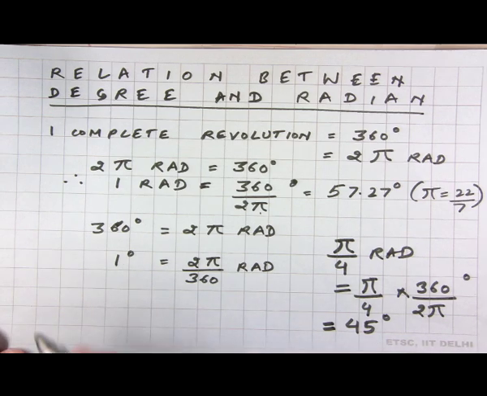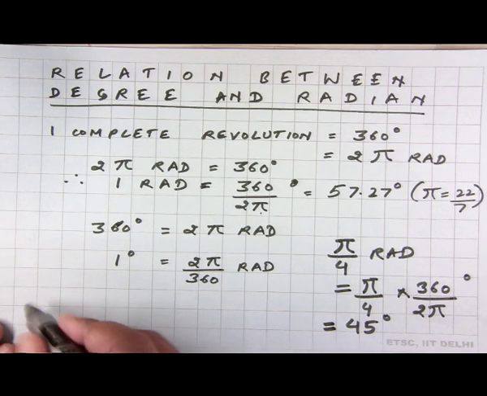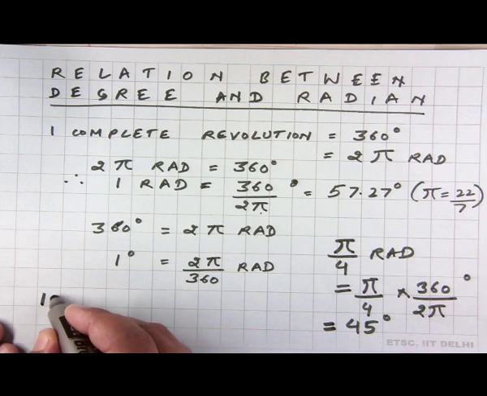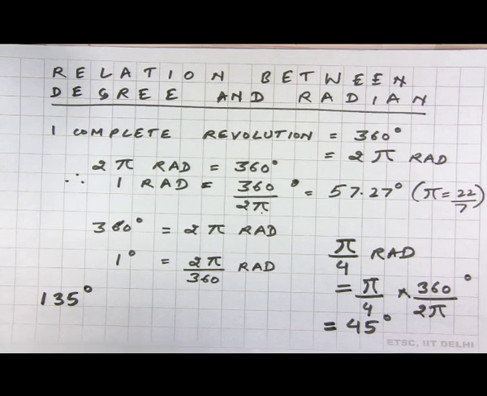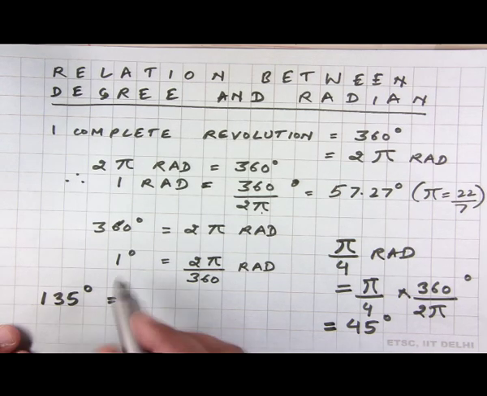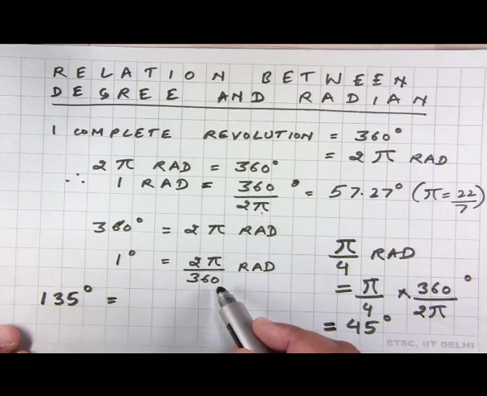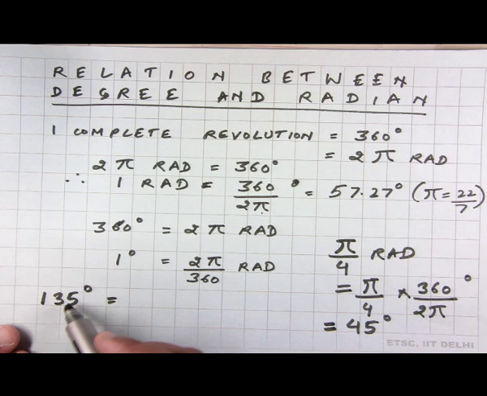Suppose somebody asks you to find out how many radians is 135 degrees. Since 1 degree is 2 pi by 360 radians, 135 degrees will be equal to